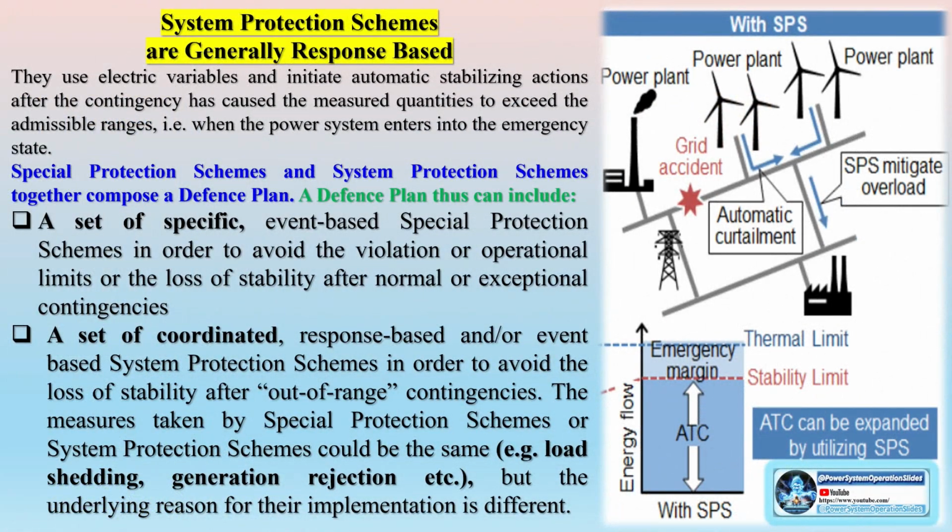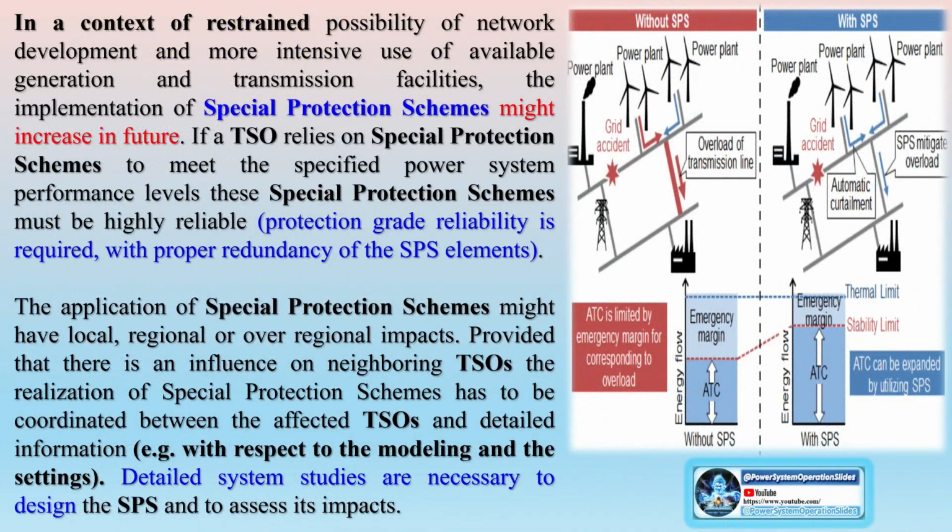Design of SPS. The design of SPS process is divided into 5 steps. They are system study, solution development, design and implementation, commissioning, periodic testing, training and documentation. Classification of system states and contingencies. For purposes of analyzing power system security, it is first of all helpful to conceptually classify the system operating conditions